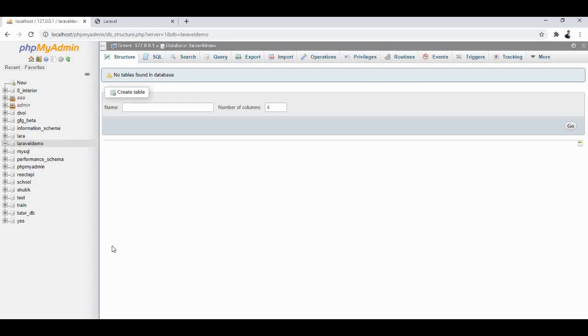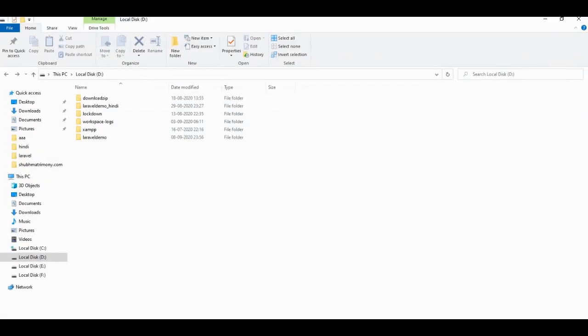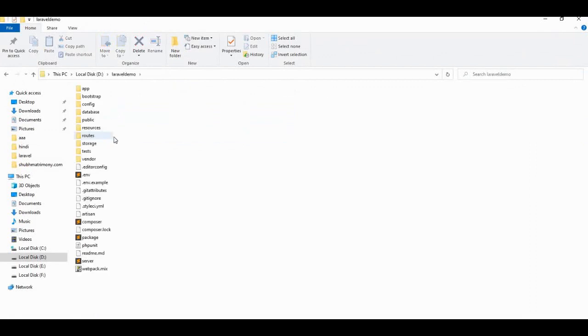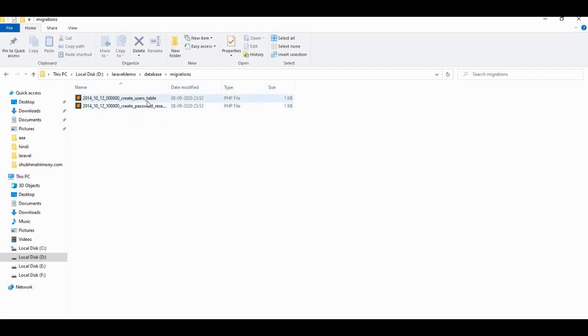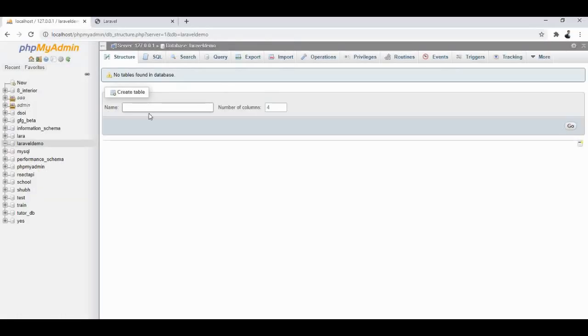For that we will go to our project folder. Inside the database migrations folder you will see a create users table migration. This table is already provided by Laravel, so we just have to create this table with the help of the php artisan migrate command.